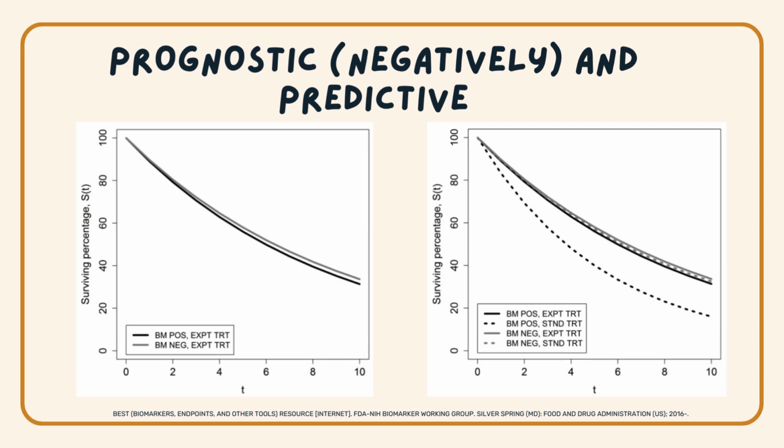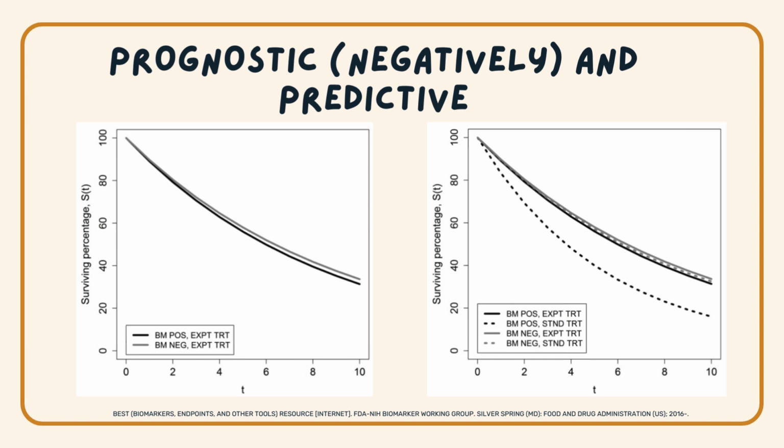When it's biomarker negative, those patients already have a better survival. What's the main point of this graph is actually for those patients who are biomarker positive. They actually get better survival if they receive the experimental